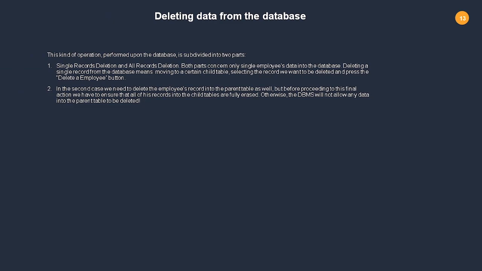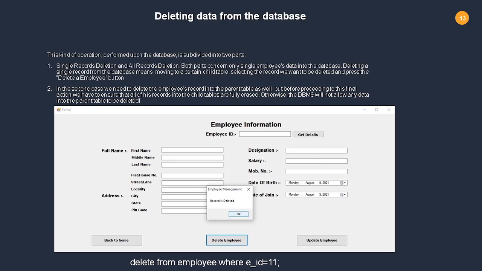Now deleting a record. Here we are going to see what deleting a record is. Deleting a record is nothing but deleting a particular employee's record. For example, if an employee leaves the company, then his record has to be deleted within 6 months or 12 months as per the specified policies of the company. So here we are just deleting the record of Aniruddha, that is, employee ID 12's record. The employee pop-up window is here.